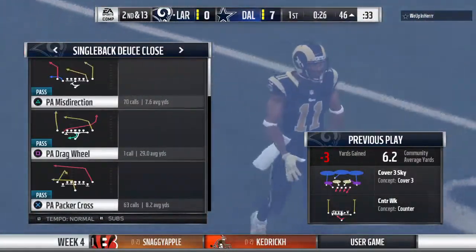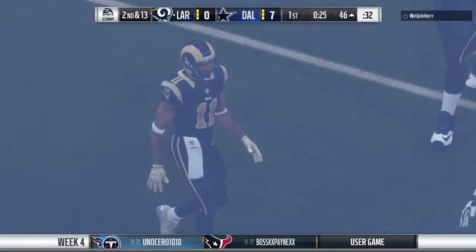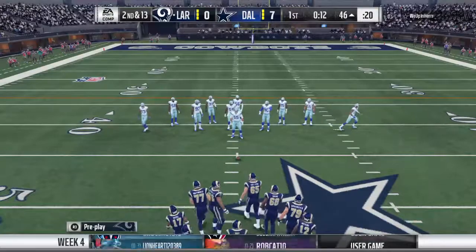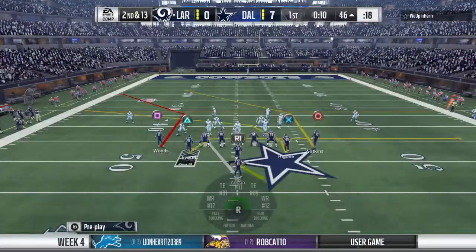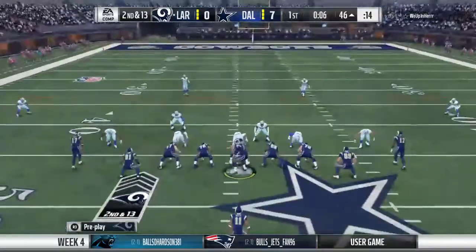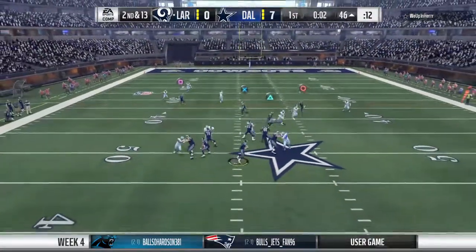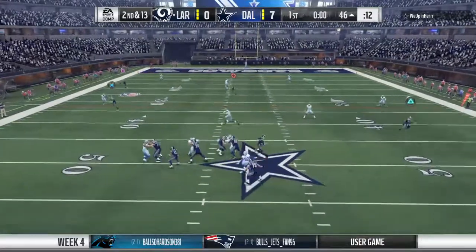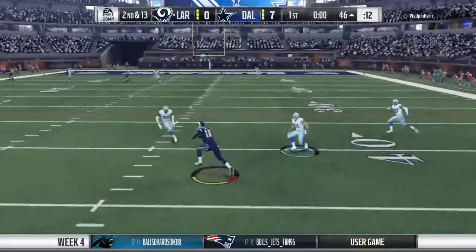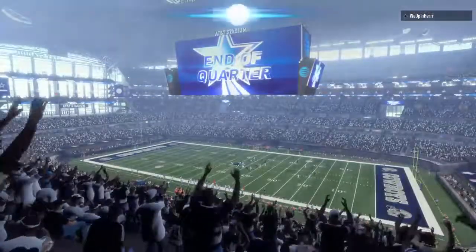That'll set him back with a loss of 3 on the play. And it'll bring up a 2nd and 13. Goff now looking to throw. Eluding the pressure right. And he'll be taken down as that will take us to the end of the first